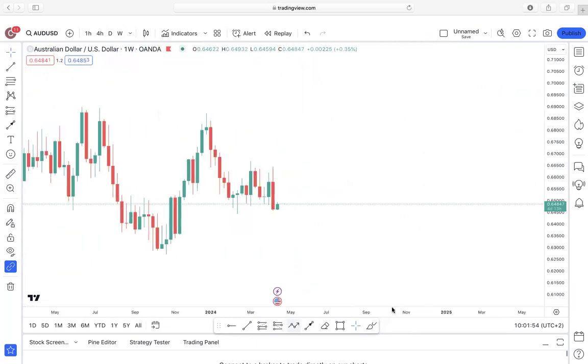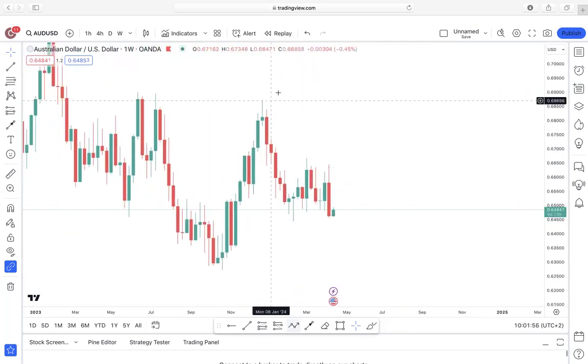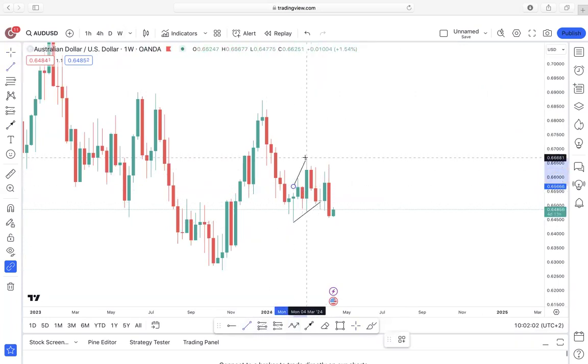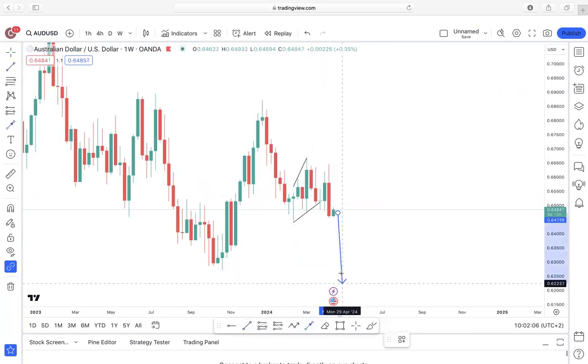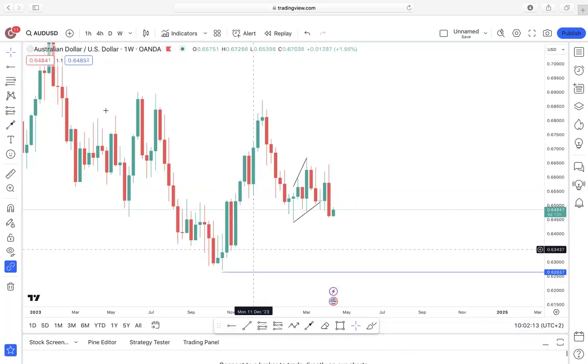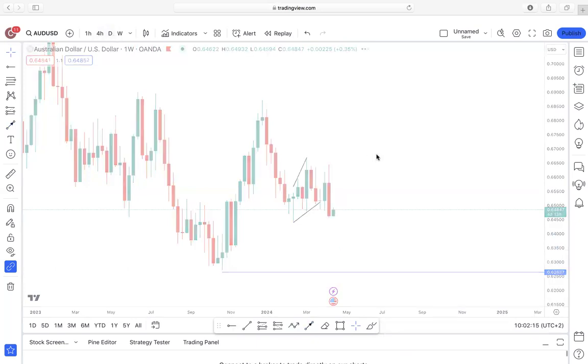On the weekly time frame, we are seeing price coming from this heavy impulsive movement and then giving us this sideways corrective structure that formed a breakout and a retest. So overall, this has a higher probability of continuing to drop to the downside. So this might be that overall target. And as I'm moving on to the daily time frame,